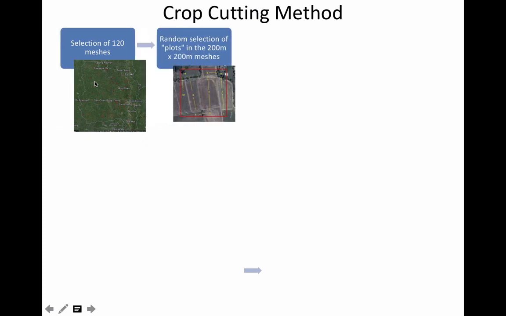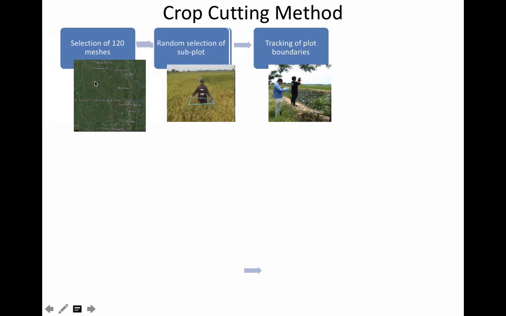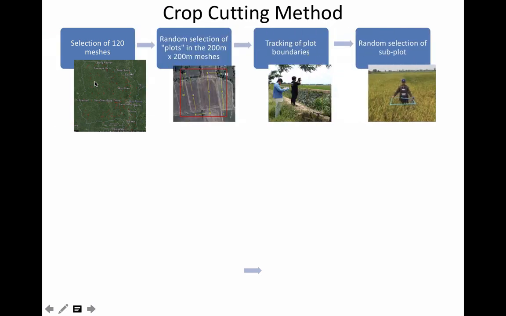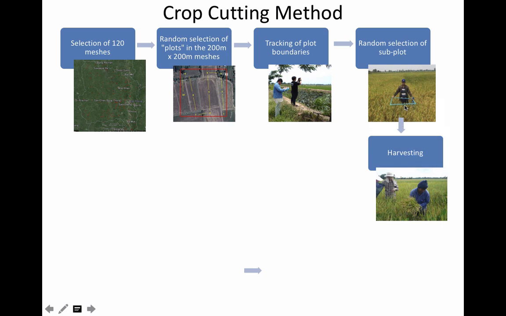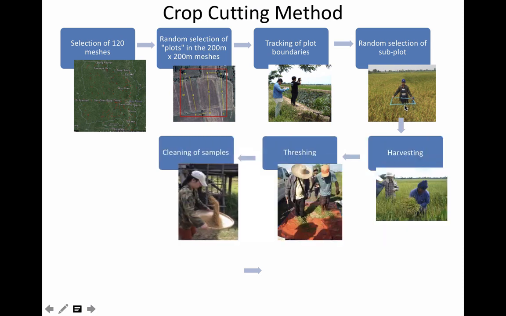Now the crop cutting method, first take a selection of 120 different meshes and then a random selection of plots in those 200 meter by 200 meter meshes. Next, there's a tracking of the plot boundaries, this is GPS, and then a random selection of a subplot. So you see the person holding, I guess we call that a measuring device. Then the next one is actually the harvesting, cutting of the rice, threshing of the rice, cleaning of the samples,